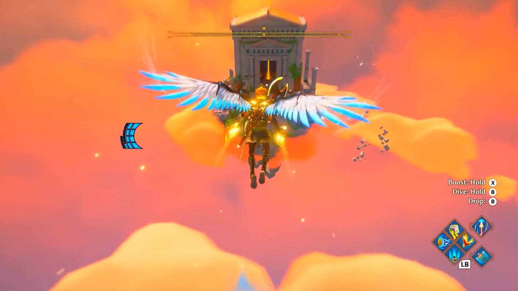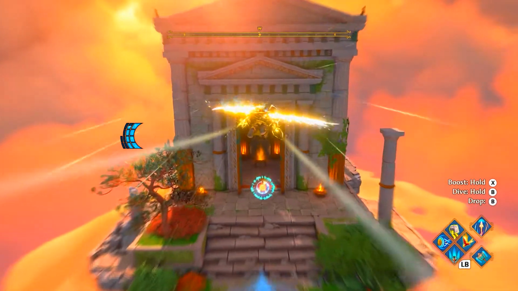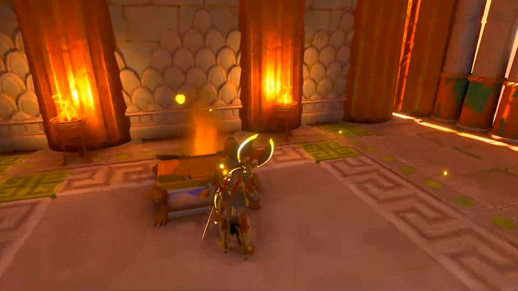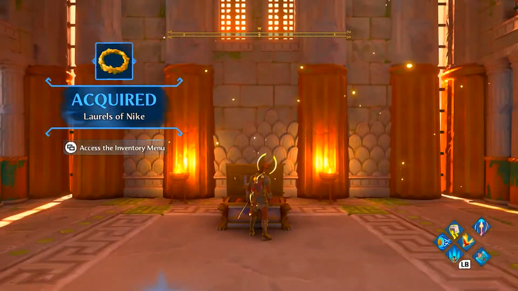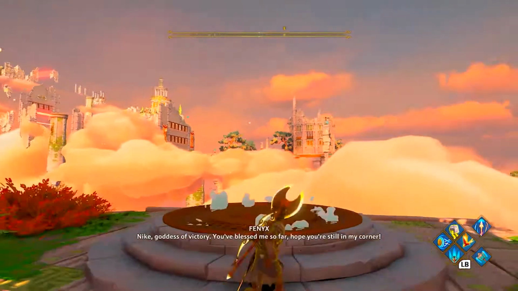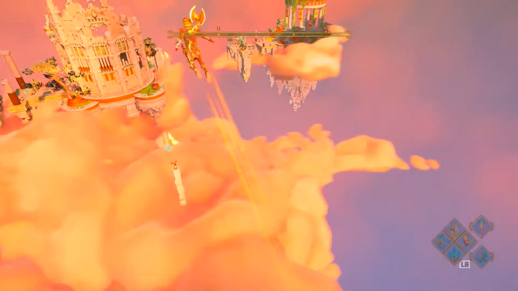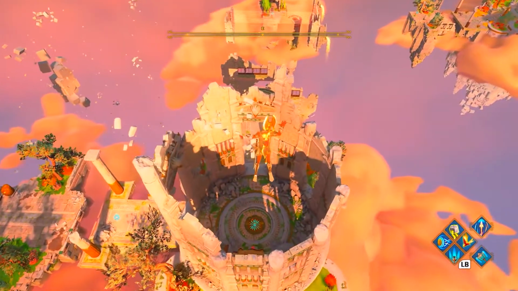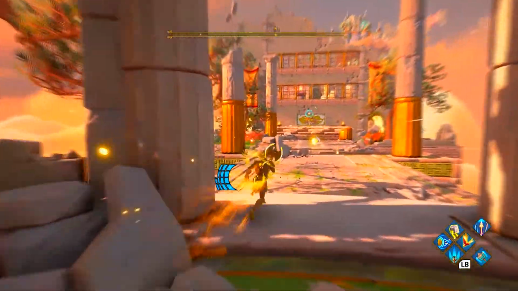So there you have it. We've done all three platforms and all three fans, and now we're going to glide over or rush over to where the chest is before these gates close on us to get this chest. And that is how you get the optional or secret chest. It's literally just your first checkpoint. Well, your second checkpoint, I believe. Yeah, your second checkpoint, I think. So then we just use the jump pad to come all the way back over to the checkpoint,